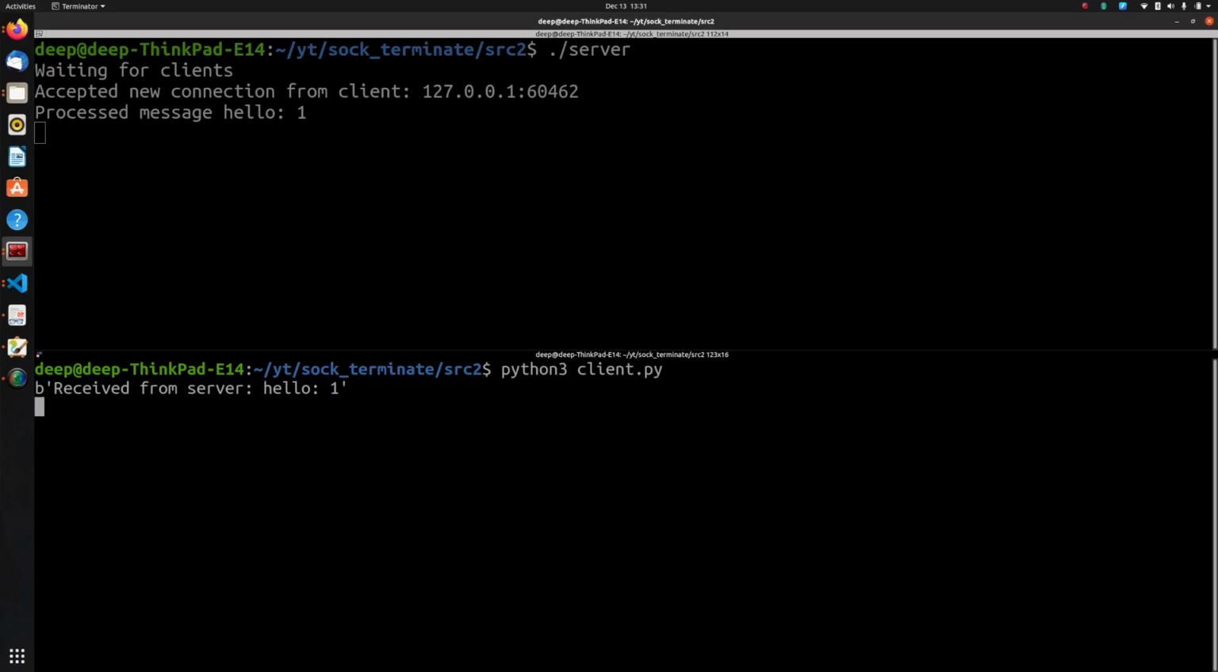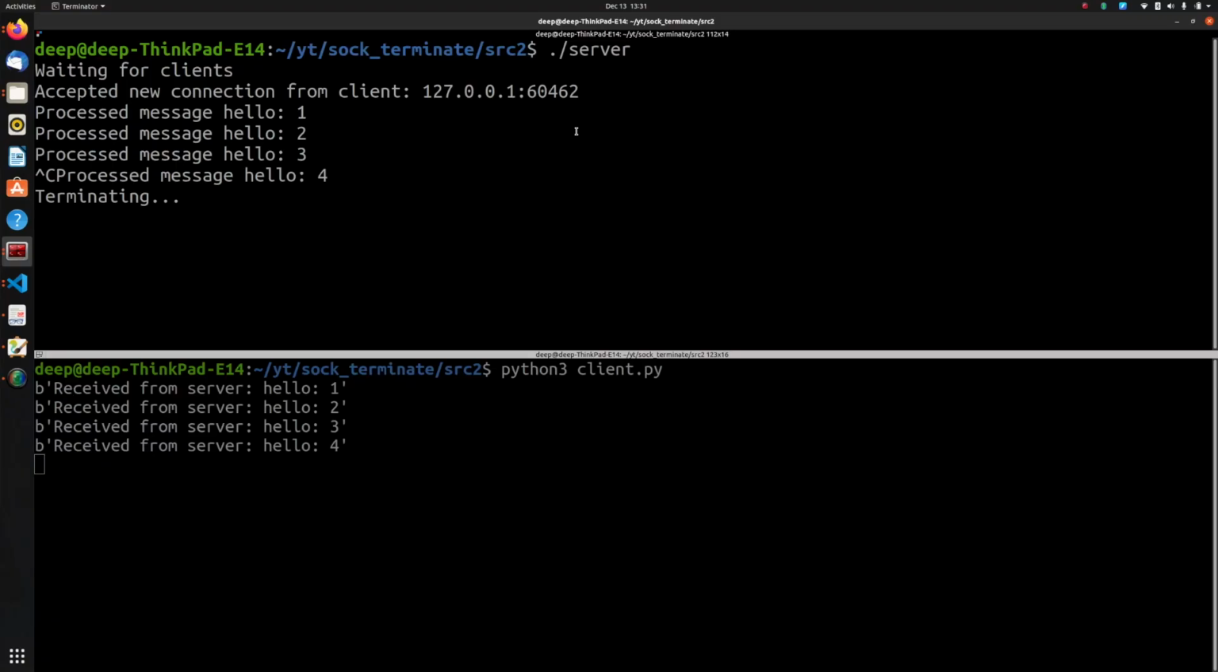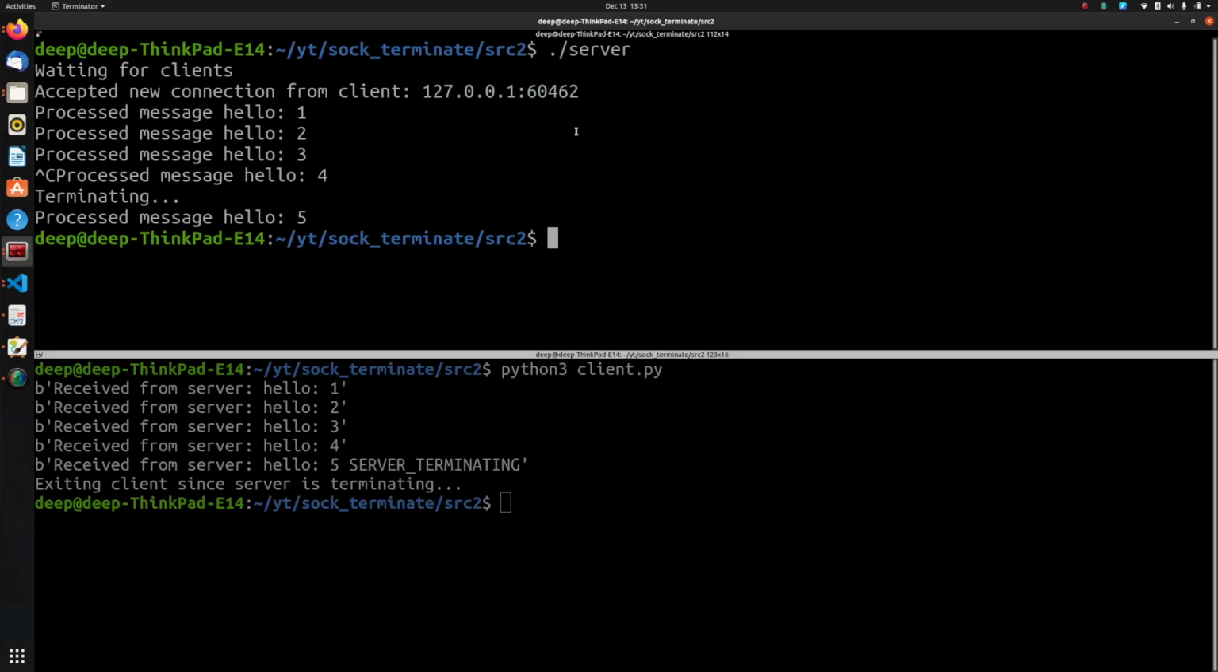So there's a normal flow, hello1, hello2. Let's just let it do another one. And what if I do now Control-C? Depending on when it received the termination signal, it would still process one last hello. In this case, maybe it got the signal just after it had received 4,